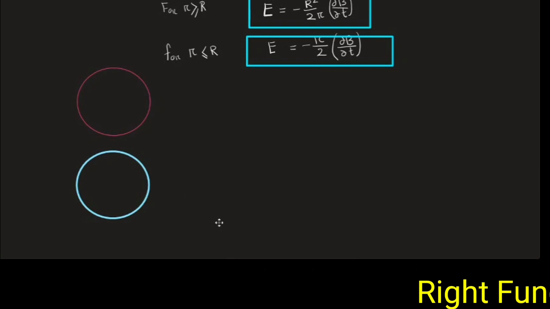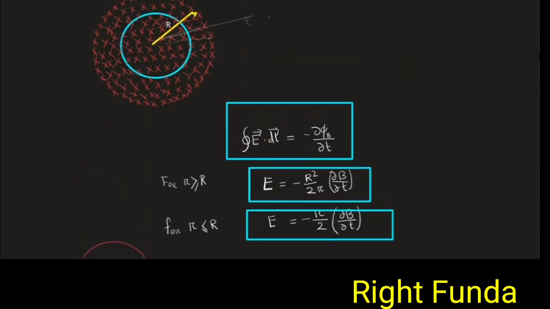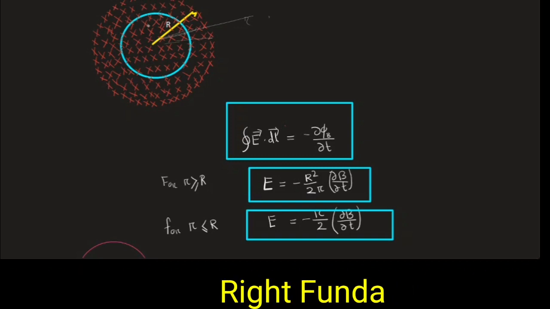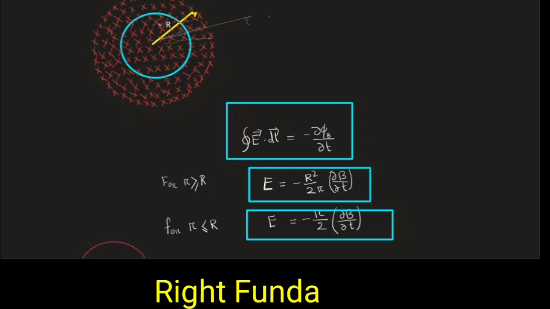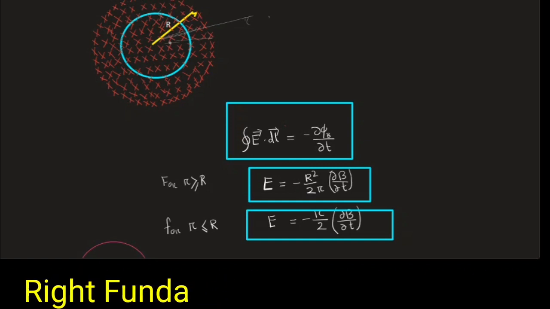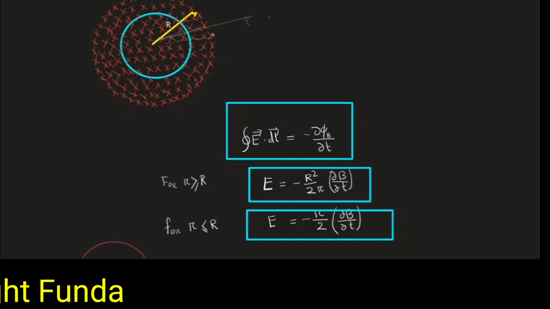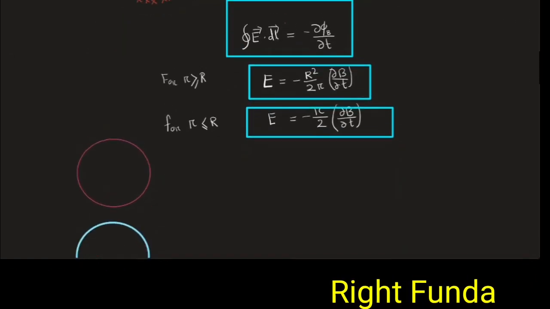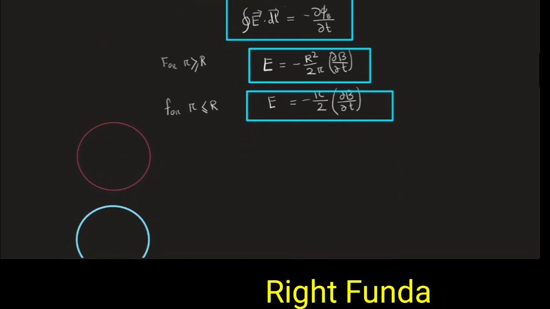In this region the electric field exists, and the direction of the electric field is according to Lenz's law. If the magnetic field is increasing with time, the induced electric field will be such that it tries to decrease the increase of the magnetic flux. So if it is into the plane and increasing, it will try to decrease it, so the current will be anti-clockwise, and if it is decreasing, it will be clockwise. However, in some direction the electric field is there. So the electric field will be circumferential.